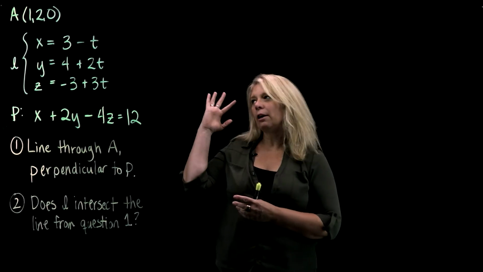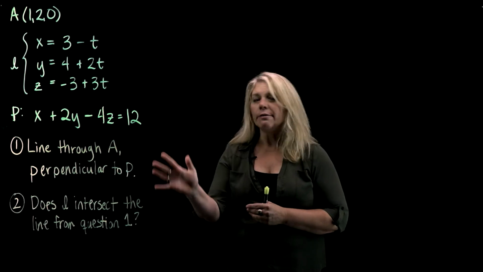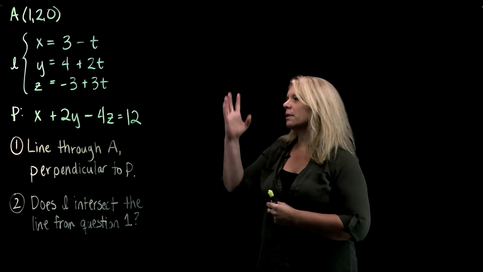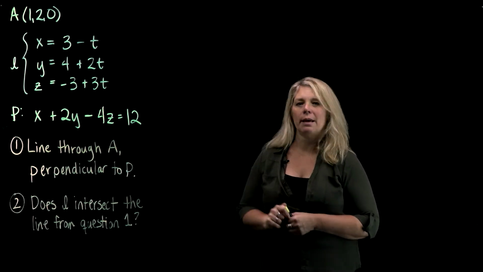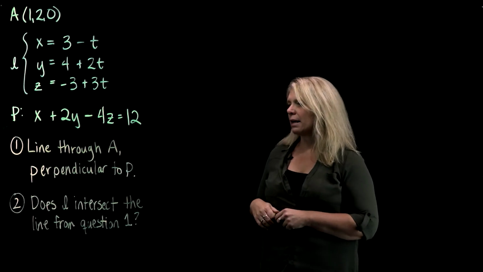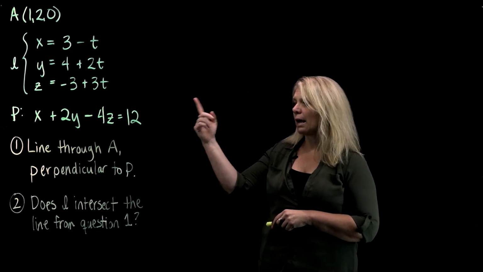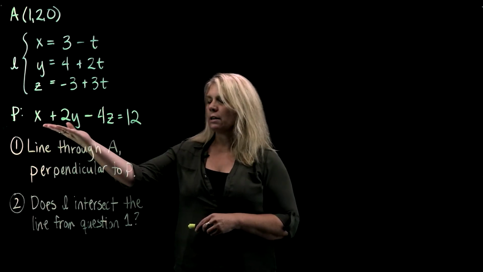In this video, we're going to use some of our previous examples and just do a couple different kinds of problems using the point, line, and plane that I have written here. So the first thing that we're going to find is a line that is through point A, and perpendicular to